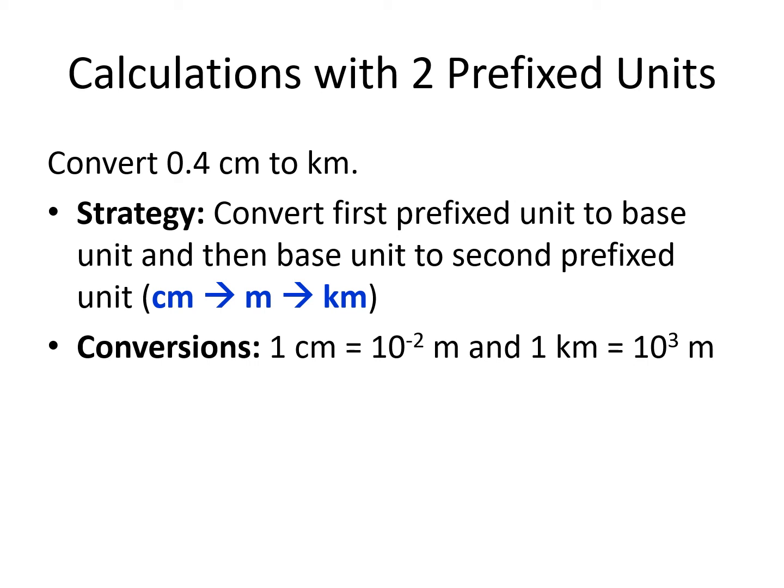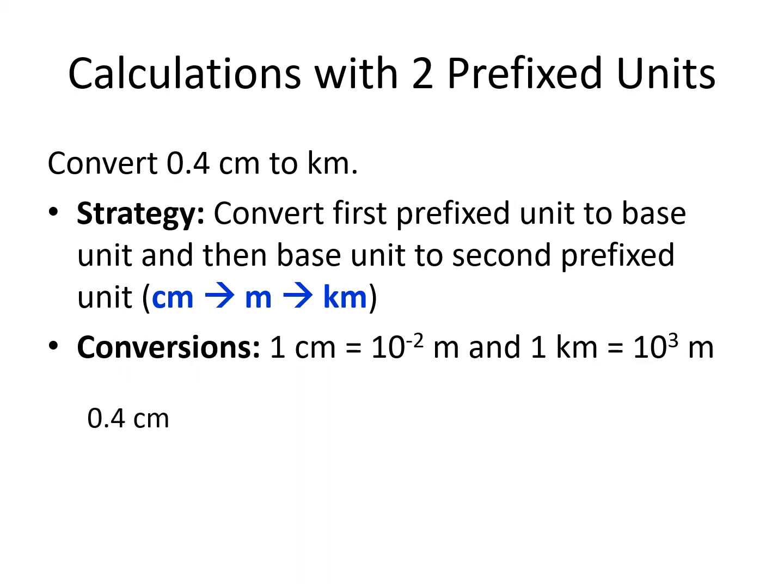The relationship between centimeters and meters is that 1 centimeter equals 10 to the minus 2 meters. The relationship between meters and kilometers is that 1 kilometer equals 10 to the third meters. Again, for consistency, I always write it as 1 times my prefixed unit equals my power of 10 times my base unit. If I want to convert 0.4 centimeters to kilometers, I start by writing down the number I'm given,